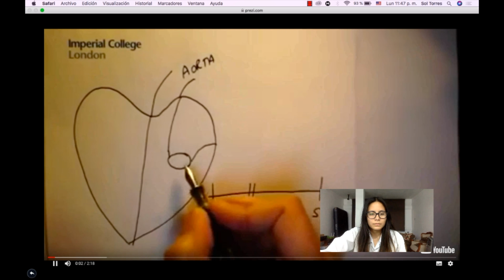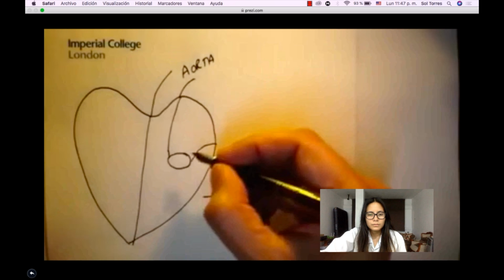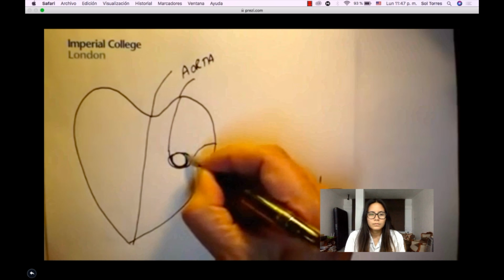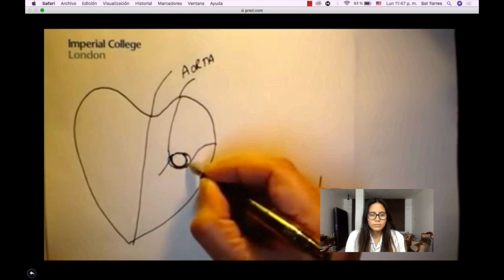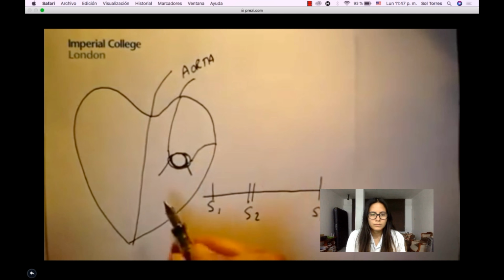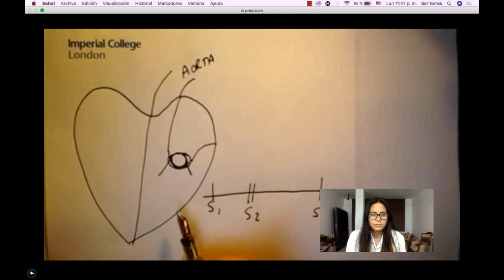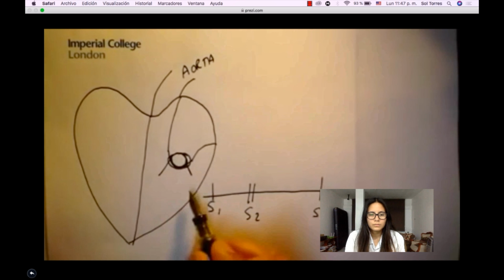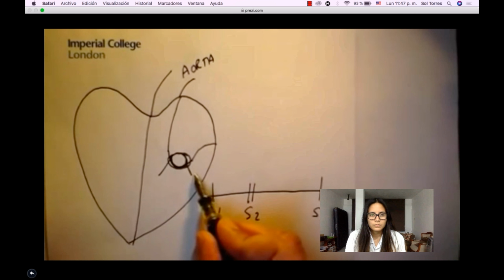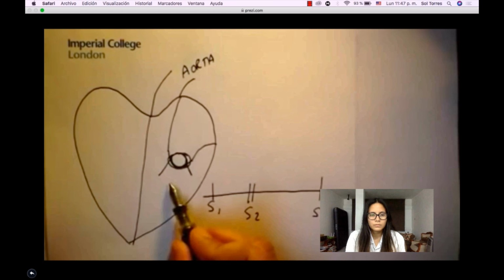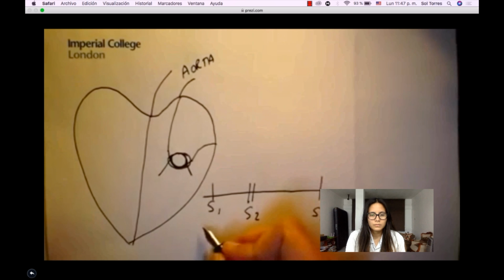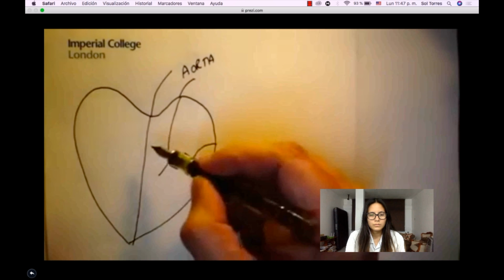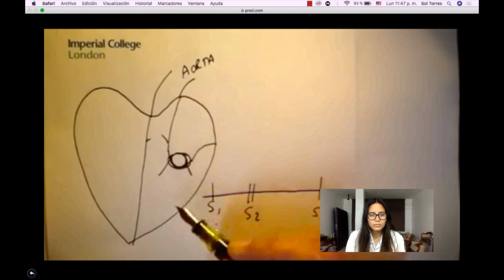Now, supposing you have a narrowed mitral valve, so-called mitral stenosis, then the leaflets will be wide open. And so what you'll hear is lub, dup. That's the first heart sound, and if the leaflets are wide open, then as the pressure rises in the ventricle, the leaflets have a long way to go, and therefore you hear a very loud first heart sound. So S1 is going to be loud, lub, and then you hear a normal dup as that valve closes.